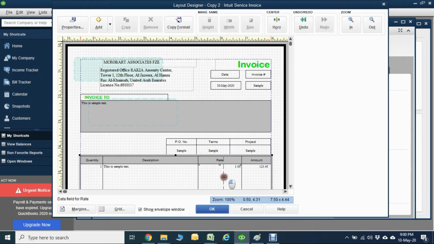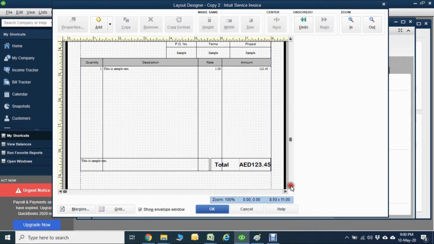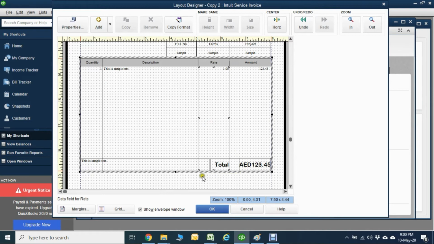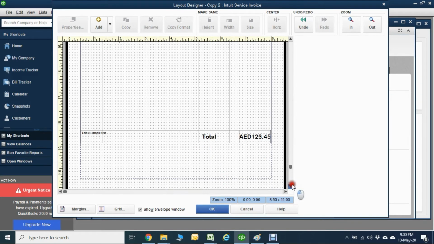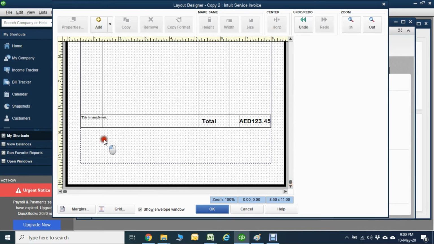Okay, little bit big size, but very big now. Make it a little smaller till here. Okay, total is coming, and this one you can make overlap to here. Okay, that's all.